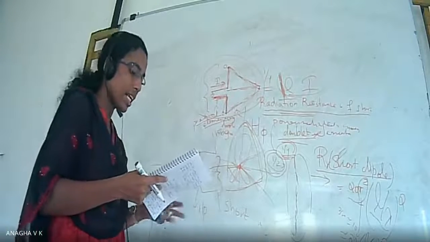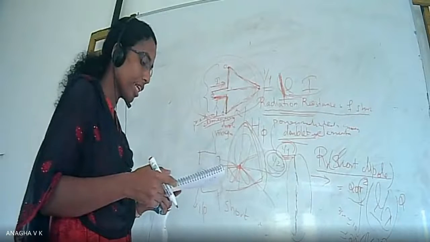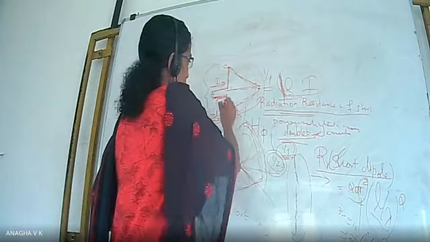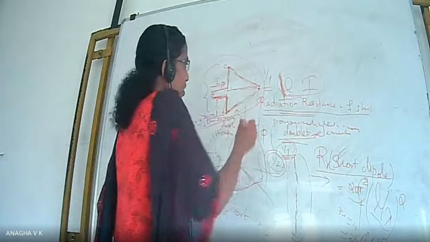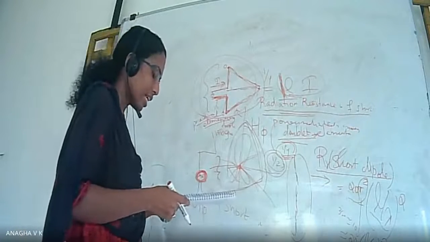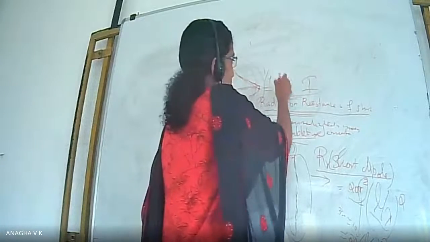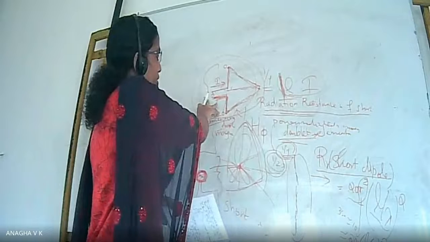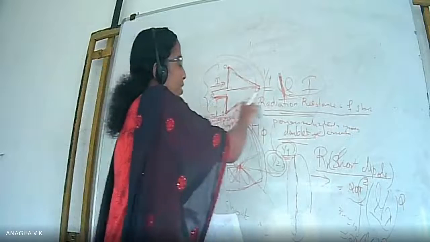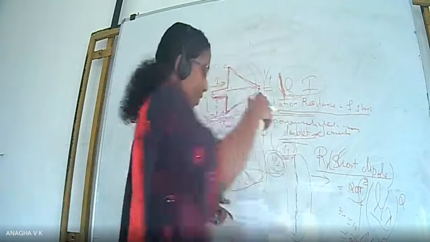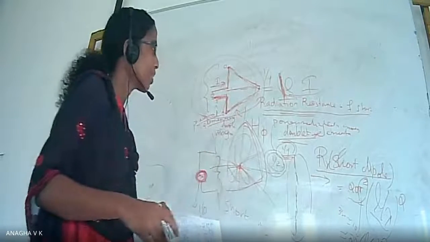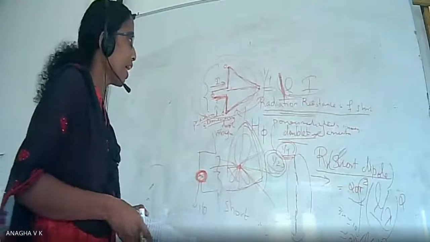So what is that? The short practical dipole of length L will radiate only 1/4 of the power of the current element of the same length. So this is the current element, and this is the center-fed short dipole. This current element has a power density. Likewise, this short dipole also has a current density.